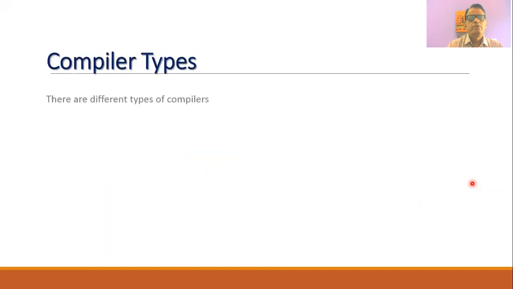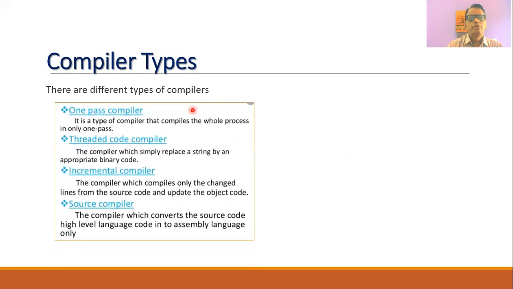Now there are different types of compilers. For example, we can have some compilers that can be called one-pass compilers. In a one-pass compiler, the compilation process will take place only in one pass. That is, there will not be any other pass of the compiler. But there are many compilers which will require two passes. That is, the compilation process is carried out two times. Or there can be multi-pass compilers where the compilation process itself is carried out multiple times.